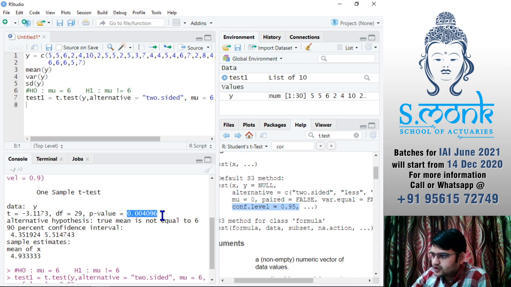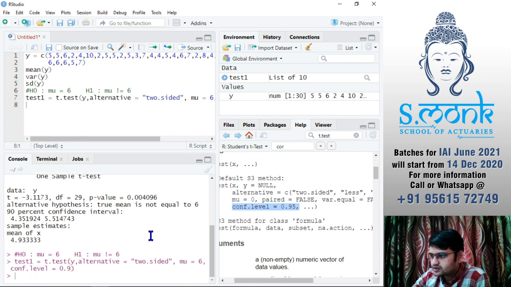P value is small, right? 0.004096. So basically 0.4%. So most likely we are getting that our H naught is rejected, because p value is small.